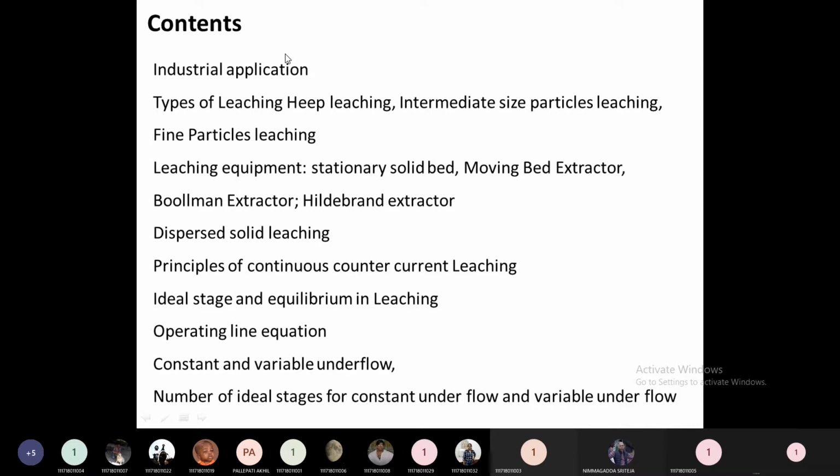Why are we calling this leaching? We refer to it as extraction of oil from seeds and extraction of metal from ore. Why do we refer to this as a leaching operation? Because leaching has a separate definition: this operation is a solid to liquid operation. In the mines some ore will be there, which is a solid material. The coffee bean is also a solid material. The oil seeds are also solid material. From the solids, mass transfer takes place to the solvent, which is liquid. Mass transfer takes place from the solids to the liquid. Because of this, we refer to this as a leaching operation.